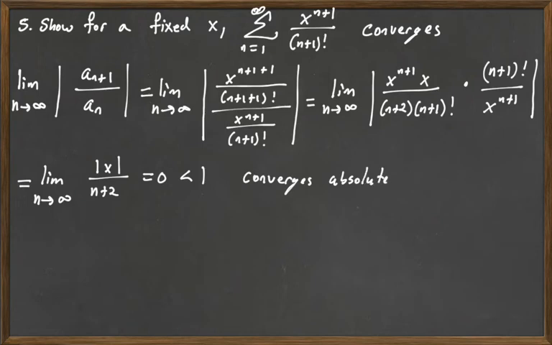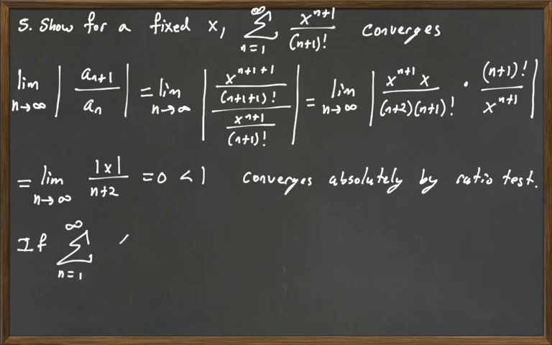And so we have converges absolutely. And then we would call this pointwise convergence here. Okay, so converges absolutely by the ratio test. Now, if we know that the sum n equals 1 to infinity of x to the n plus 1 over n plus 1 factorial converges,